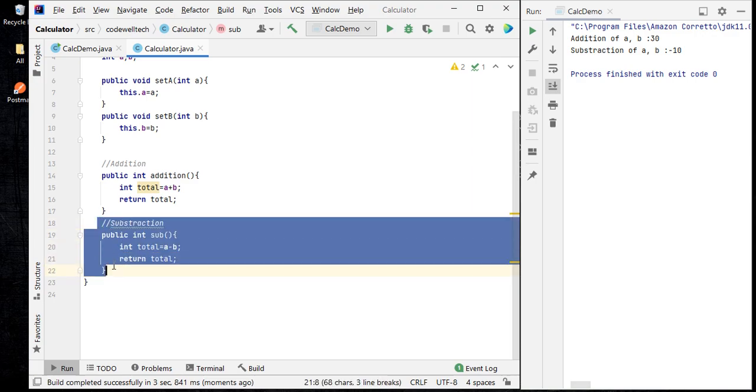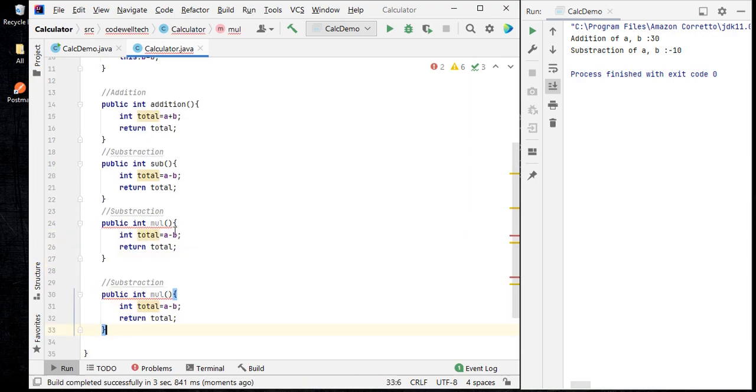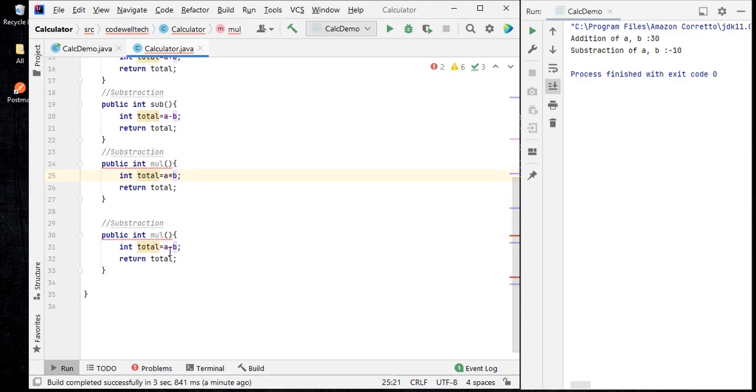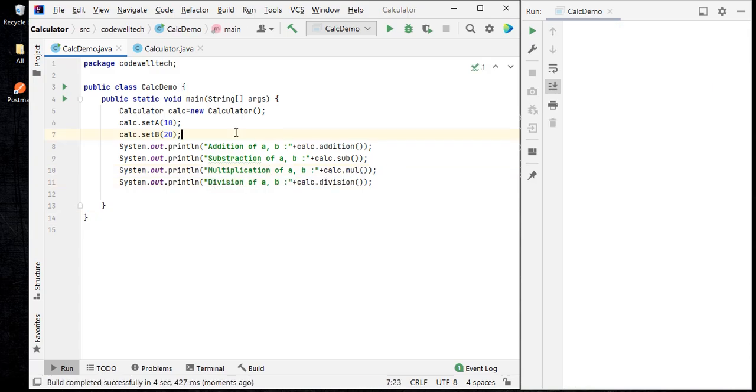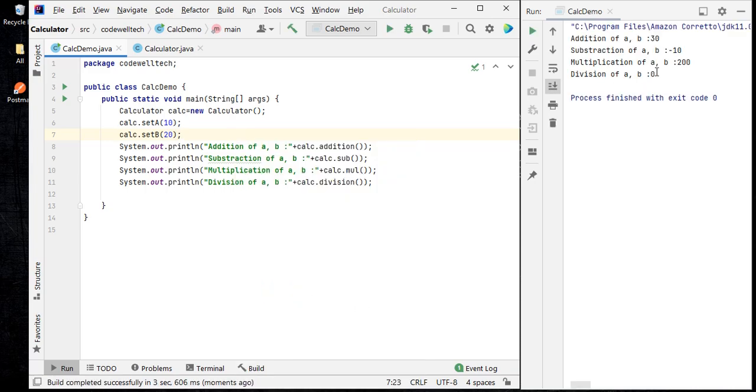Just copy this, and here it should be a multiplied by b, and here a divided by b, multiplication and division. Now right click and run it. Addition 30 and subtraction minus 10 and multiplication 200 and division of a comma b 0.